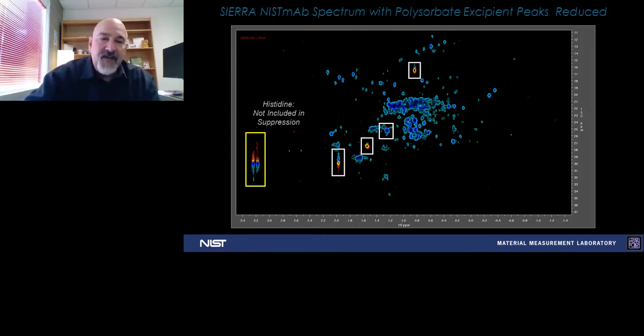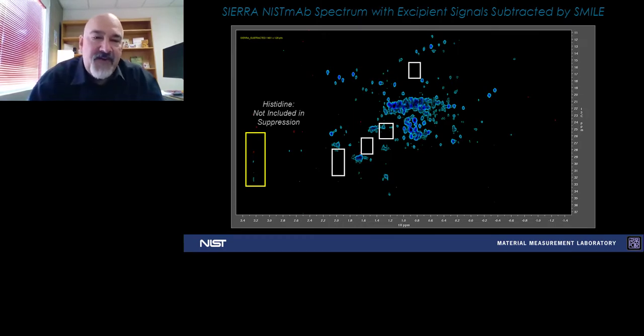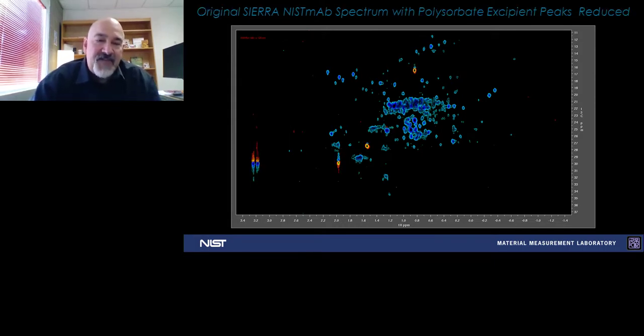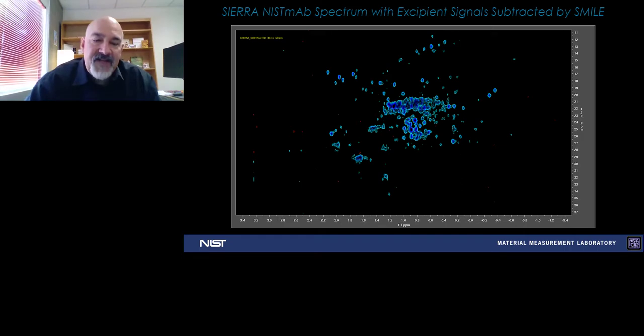And so we applied a method called SMILE for spectral modeling that's used elsewhere to reconstruct NMR spectral data, and used it as a way to build a model of the leftover excipient signals and subtract them from the spectrum, so that we can generate a clean spectrum that goes from this, where we have the small residual excipient signals,